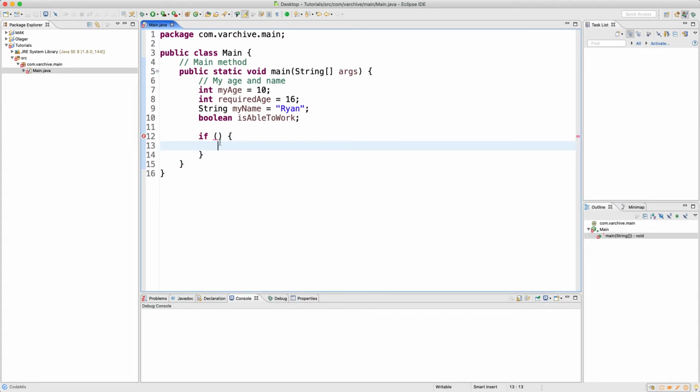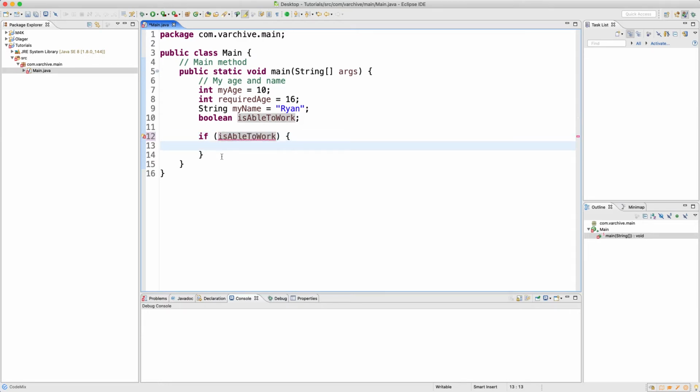You can put multiple statements inside of here. If you don't include the curly brackets, it'll have just one statement, and those are pretty messy. I generally don't use them. You can use them, they can be good, but for most if statements, at least early on, you're going to put these curly brackets. So if isAbleToWork,